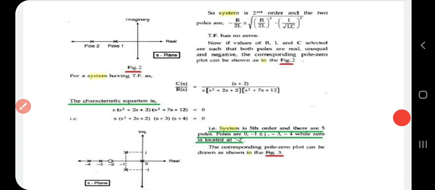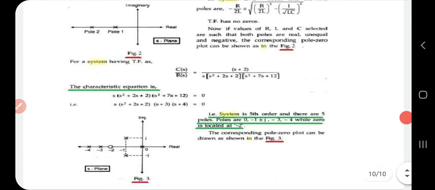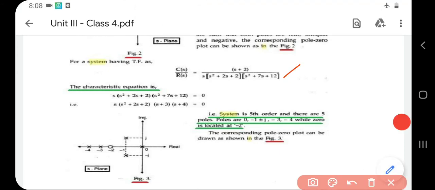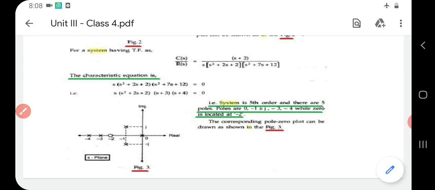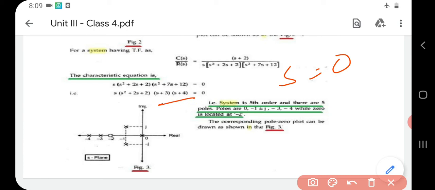Now consider another system having a transfer function like this. How will you get the characteristic equation? By putting the denominator equal to 0. Now you are splitting it. The first one, s, as well as the second term is kept as such. This s square plus 7s plus 12, they are splitting as s plus 3, s plus 4. Now from this, how will you get the poles? One pole will be s equal to 0. Then another will be s equal to minus 3, s equal to minus 4. Then from here